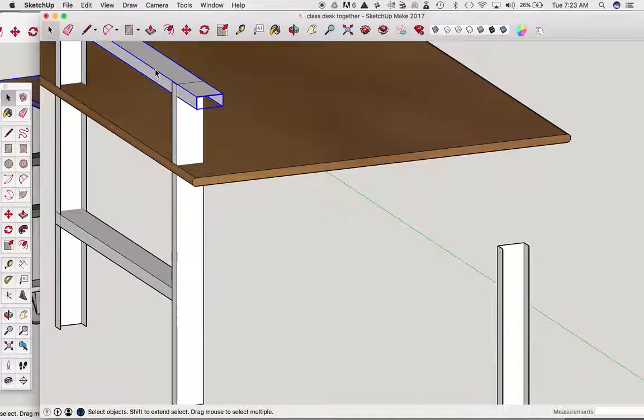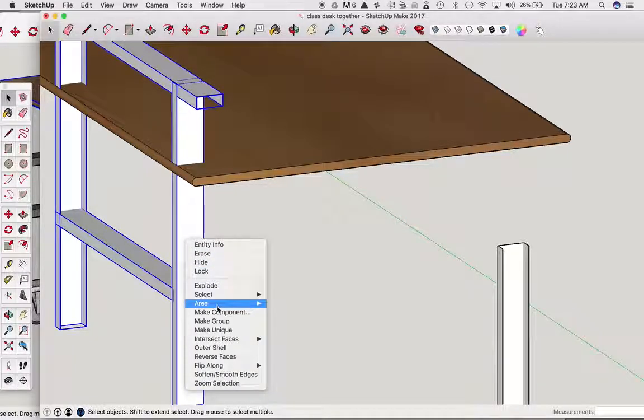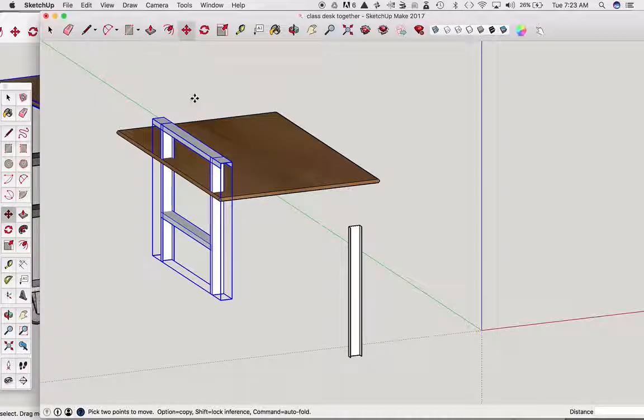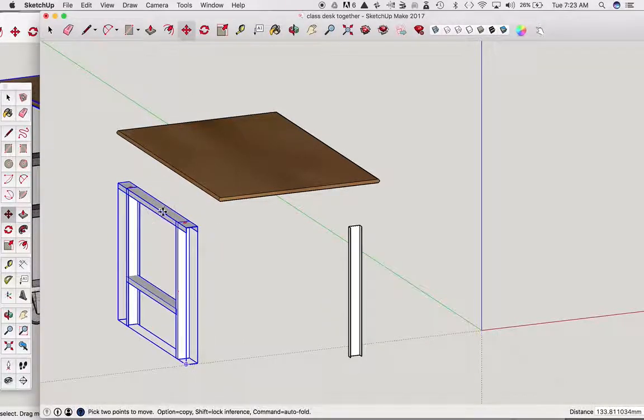Now when I select it, the whole thing gets grabbed, not just part of it. So again, hold down the Shift key, and I'm selecting all 4 pieces. Right-click, I'm going to make that into a group. So now I can move this at will however I want. In this case, I just want to get it away from the tabletop so it's not so confusing, so things